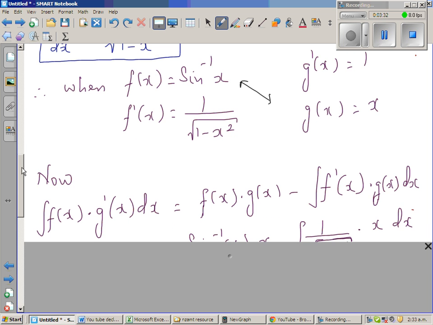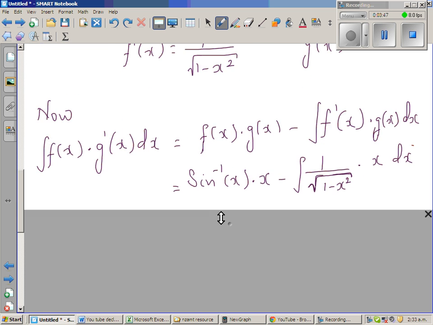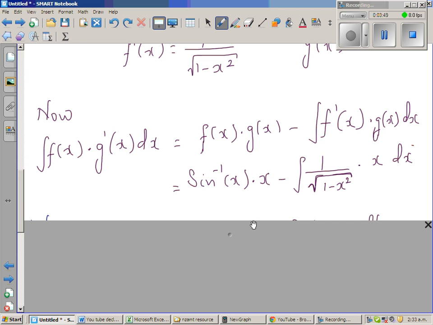Okay, so I have to just substitute the values. So f of x is sine inverse of x times g of x is x, minus the integral of f dash x, which is 1 over square root of 1 minus x squared, times x dx. Okay, now to integrate this,